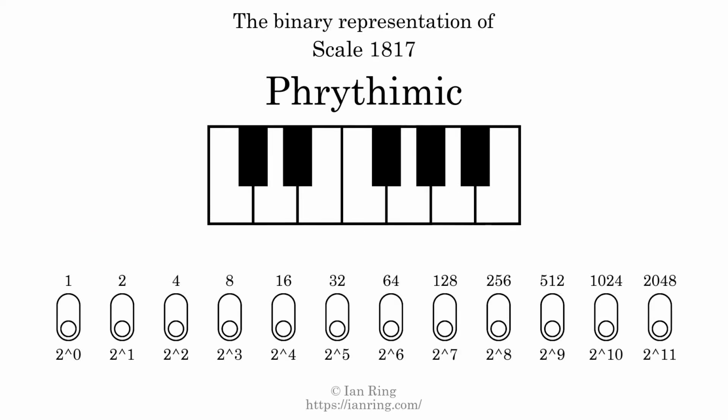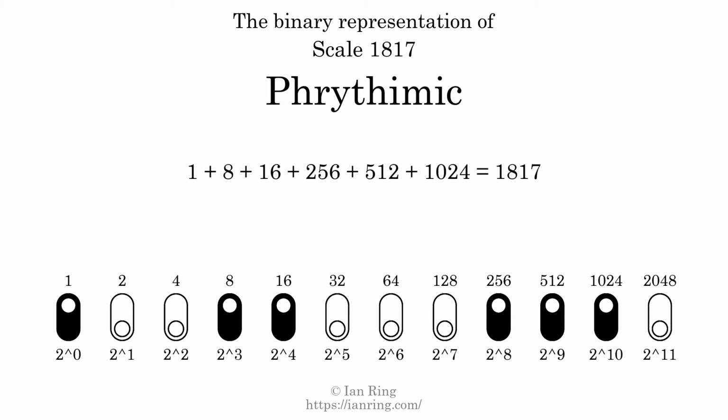The binary representation of this scale is determined by mapping tones of the scale to binary digits. Each binary digit represents a power of 2. To get the scale number, we add the powers of 2 together. The powers of 2 that are present in the scale, all added together, equals 1817. That is why the scale number, in decimal, is